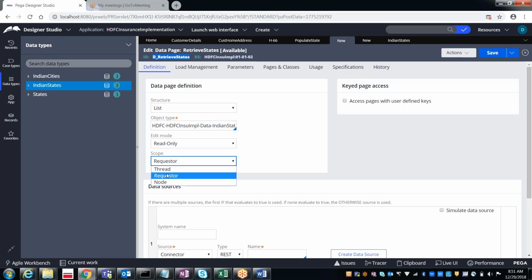Not even for the operator, only across the work object level, then we can go for thread. Likewise we select the structure, whether it is a page or page list, from which data type you want to get the data, and whether you want to just read, modify, or save the data. And then you need to select the scope. Scope means who should access it.